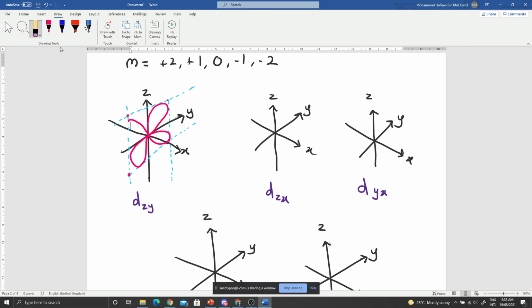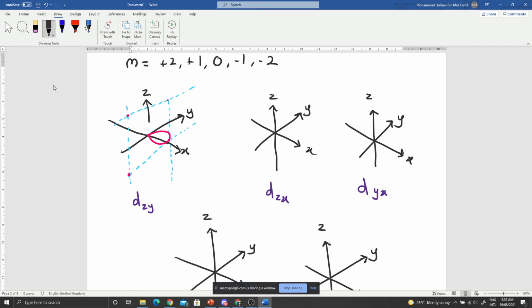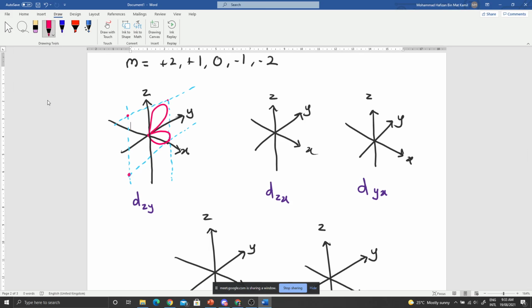Sekejap saya ingat. Aduh, tak apa. Menyusahkan masyarakat betul lah. Okay, so draw it. Okay, and then this one. Okay,